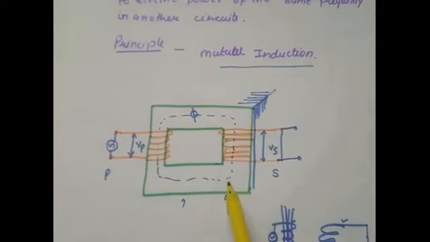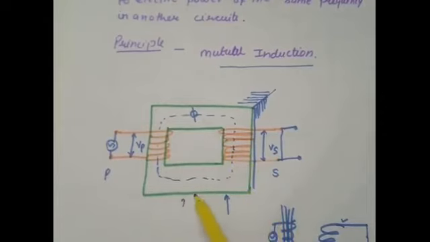That's how it steps up and steps down, because we know that the potential difference developed, or the induced current, also depends on the number of turns of the coils. So when the number of turns in the secondary coil is higher than the number of turns in the primary coil, this is called a step up transformer. And when the number of turns of wire in the secondary coil is less as compared to the primary coil, this is a step down transformer.